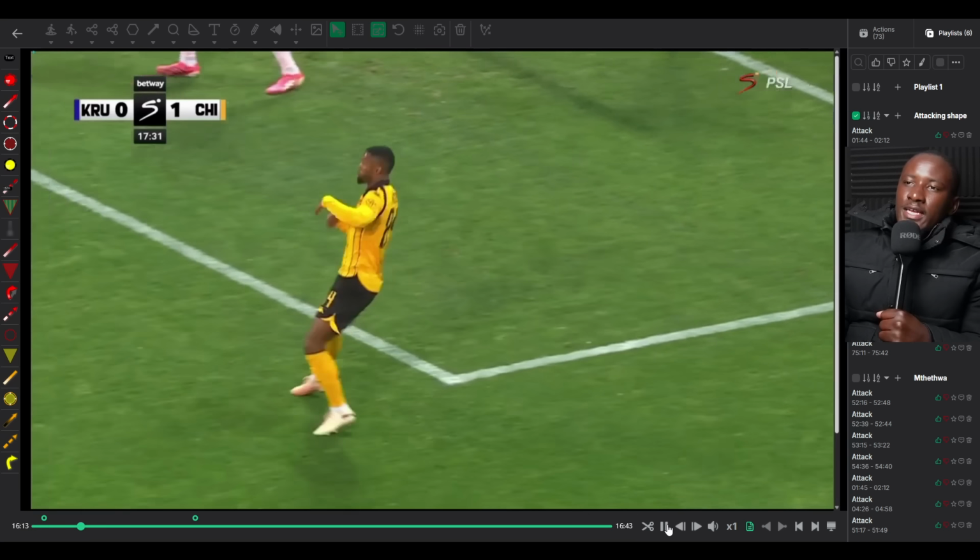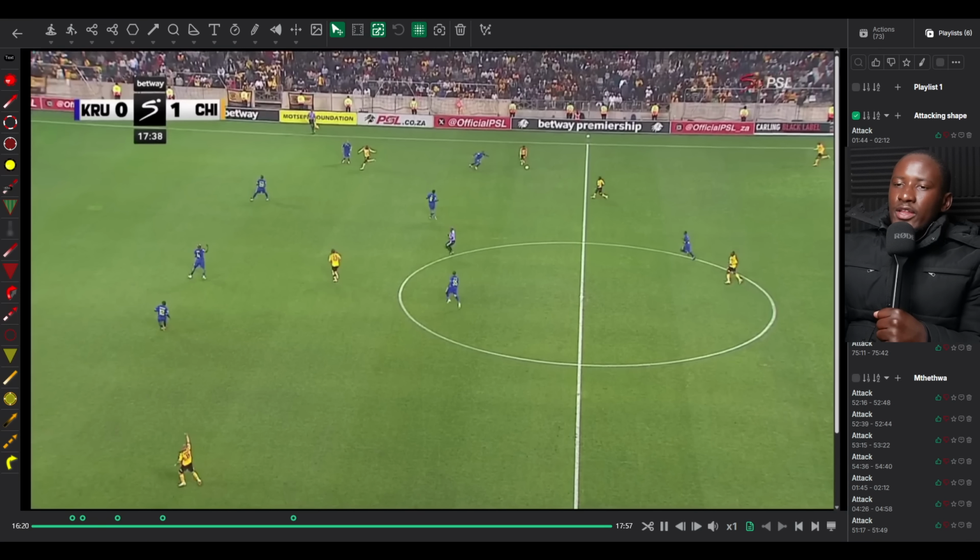And Mfundo with 1, he can switch the ball, but he ends up not switching the ball. And then you will also see here,